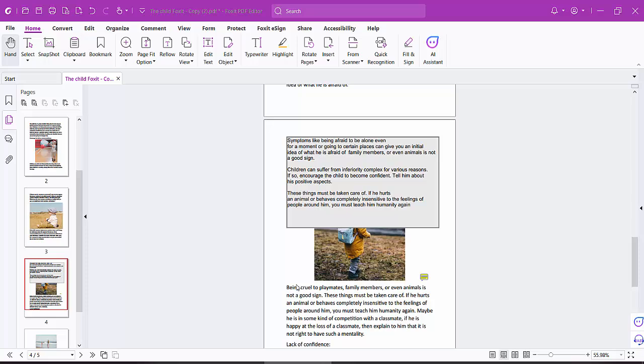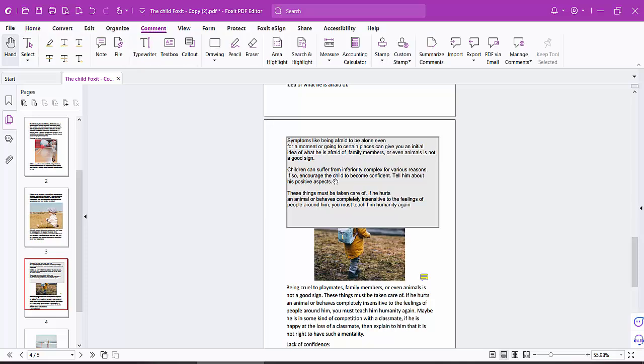Hello everyone, today I will show you how to apply strike through on text in a comment box using Foxit PDF Editor. Open your PDF file with Foxit PDF Editor and select the comment option in this menu bar, and this is a text